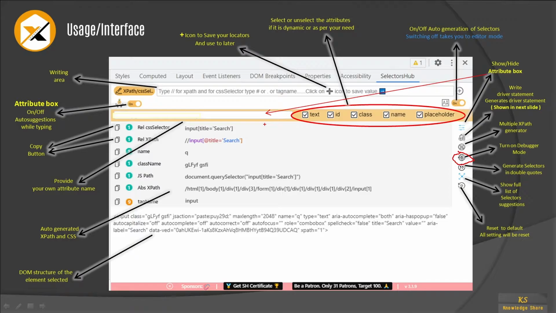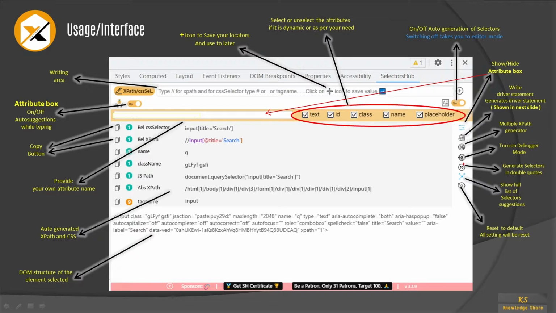It takes some time to disappear, and when you try to click on that web element, then it will not appear. So in those cases, if you want to make those elements visible, then you can use this turn on debugger mode.